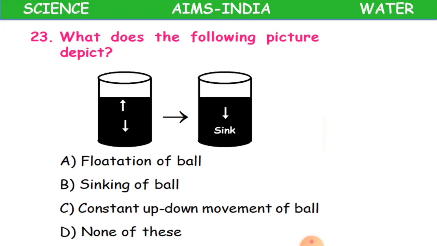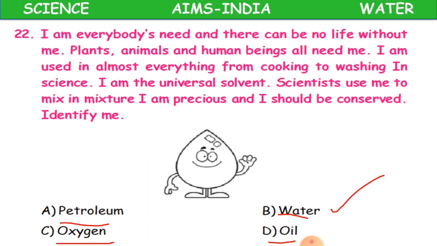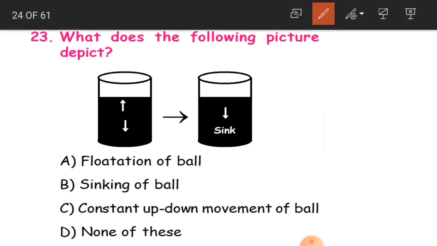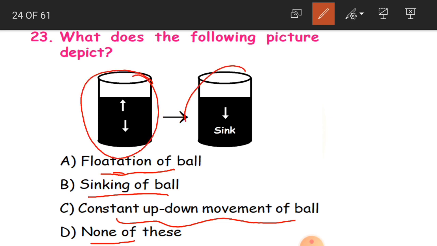Clear, children? Now the 23rd question. What does the following picture depict? Here we have to assume that we have a ball in the water. According to this picture, what do we understand? Is it flotation of ball, sinking of ball, constant up and down movement of ball, or none of this? Suppose there is water in the beaker, children, like this. If you just put a ball inside the water,